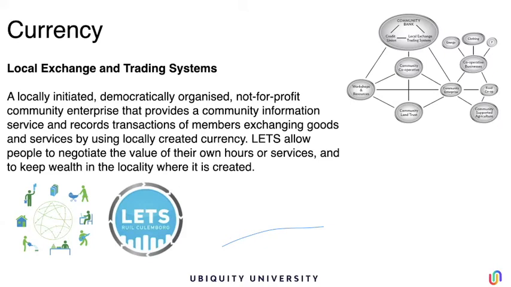When we first did it, you had a booklet that was reprinted regularly. Now, of course, being online, it's a lot easier to match the needs and the requests. And basically, you have a currency and you give it whatever name you want. I put the example of the Culemborg one here, and they're called Kuiltjes, which is just the name of the currency in Culemborg. And you can basically negotiate with each other